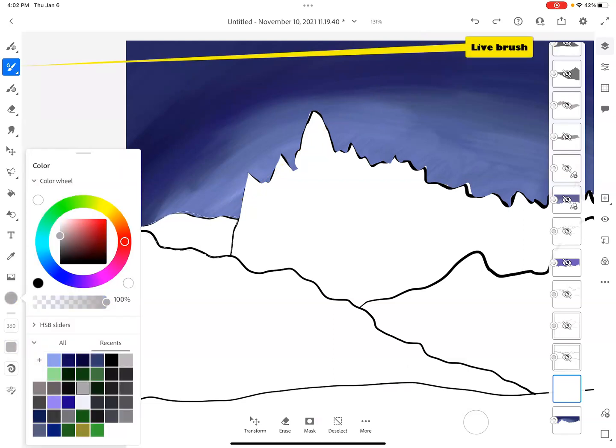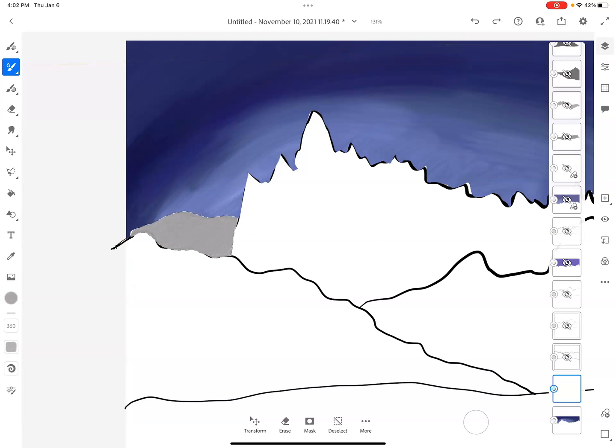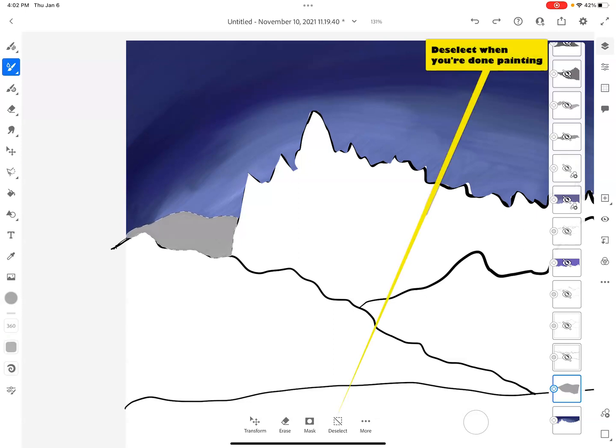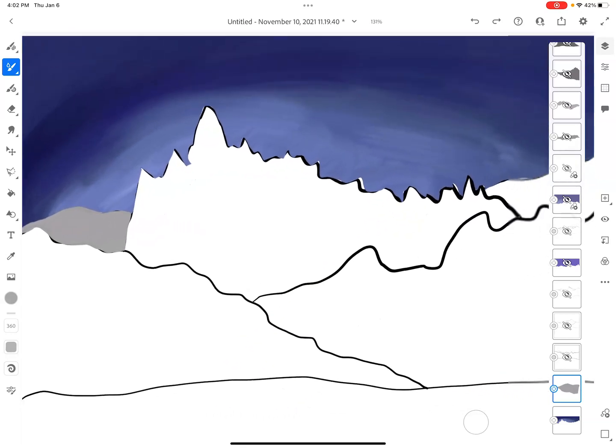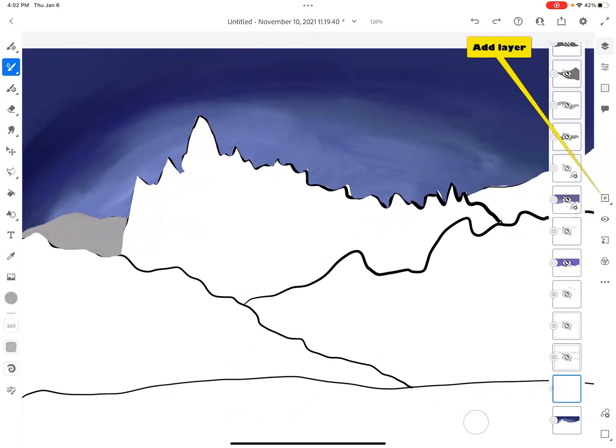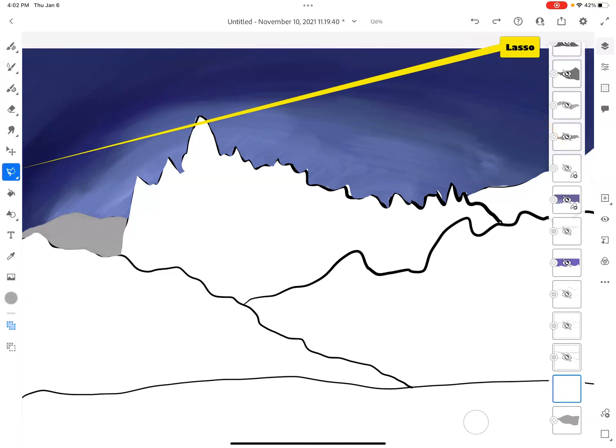Remember, we will eventually have a light source, being the moon. That's why I'm going to use different shades of grays on my mountains. The mountains that are the farthest away from me will get a lighter gray, and the mountains that are closest to me will get darker shades of gray or even black. So I'm going to come in here and add this to my selection and hit deselect. That looks good. I'll hit new layer, lasso tool,